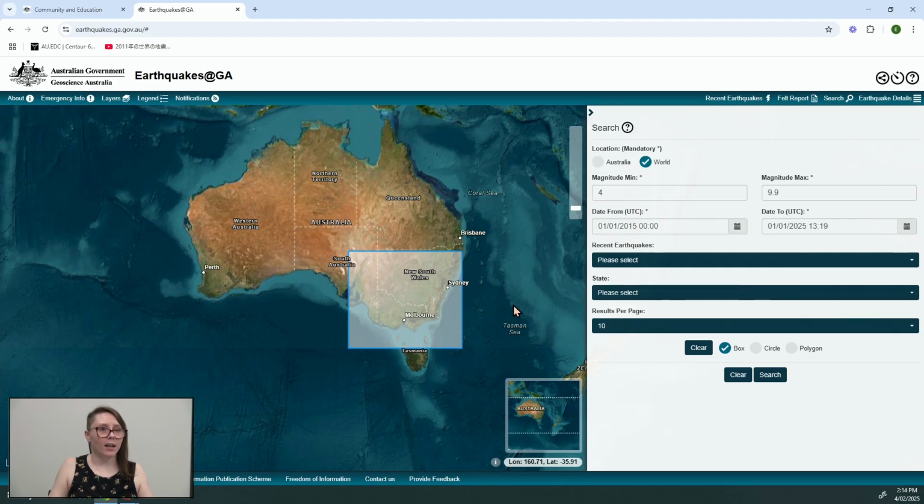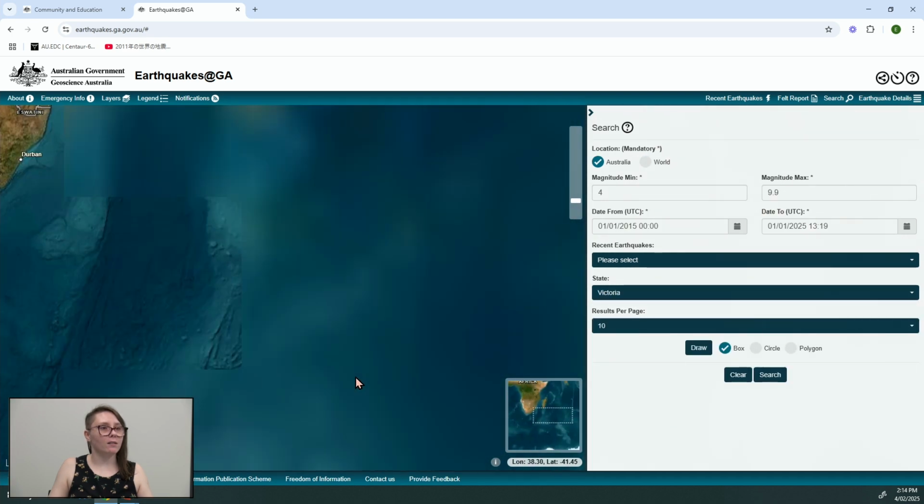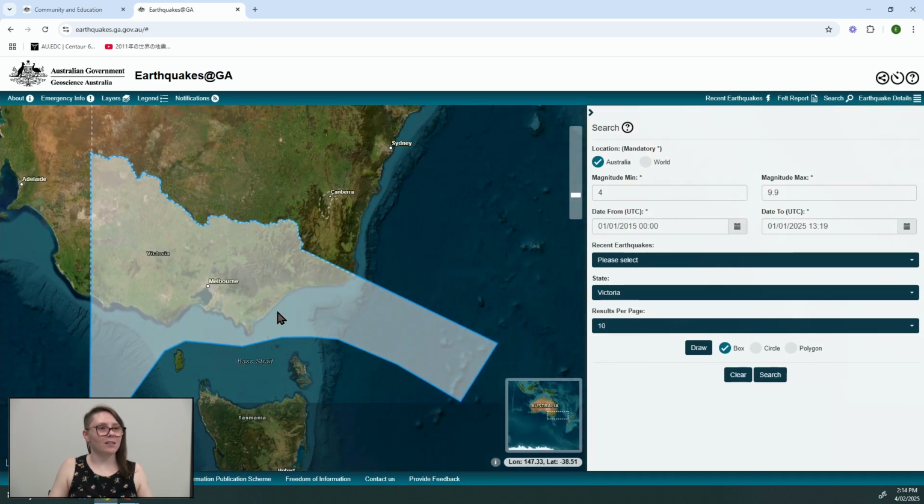For my example today, I just want to focus on the state of Victoria, just because I know that they've had some interesting earthquakes in the past little while. Sometimes it does that to spin around. Sorry if that was a bit quick for you watching there, but it's going to zoom in on that area